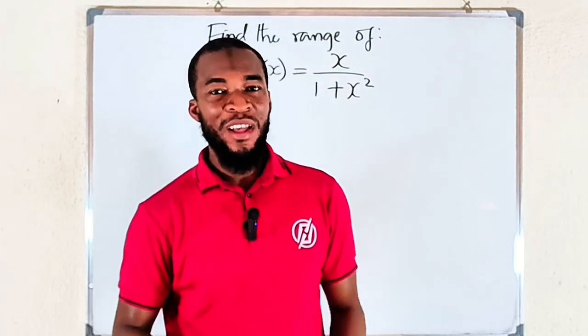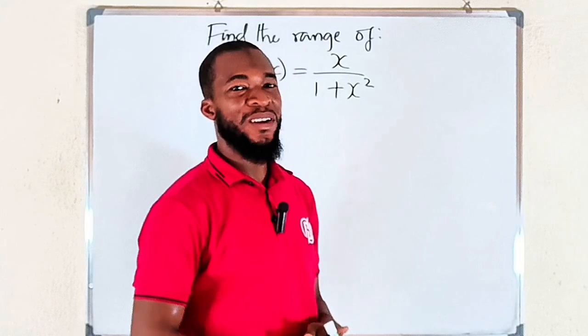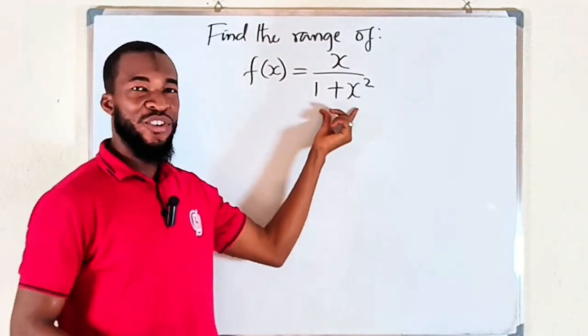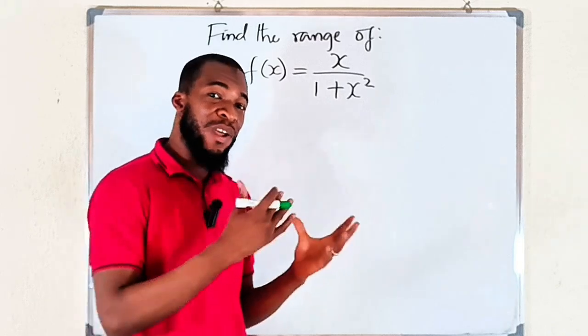Hello everyone. In this tutorial, we are going to provide a solution to this interesting question. We have a rational function here, x divided by 1 plus x squared, and we are asked to find the range